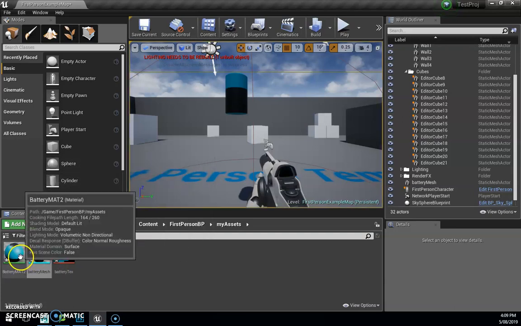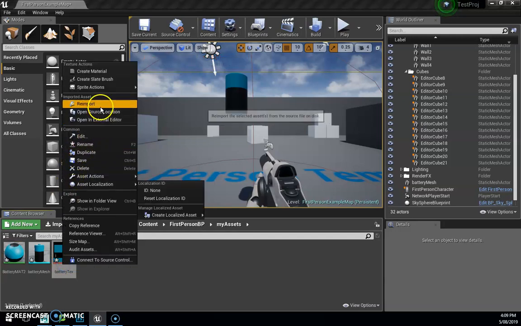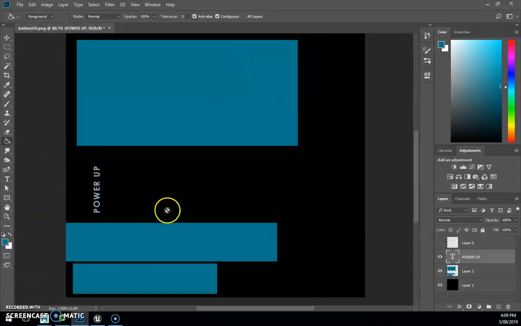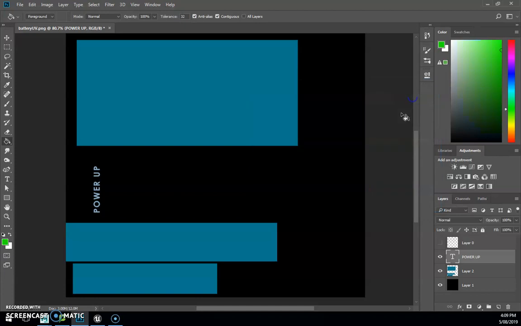And it's the same for my material, so if I was to re-import a material or a texture, right click on it, and I can re-import. So for example in here, what I will do is I'll change all of those colors instead of them being blue. So let's say now it is something to do with a health pack. Green is normally that color. So I'm going to go into the correct layer,